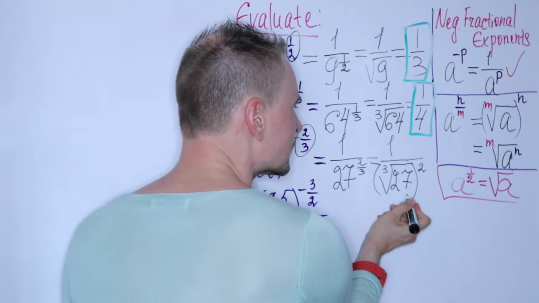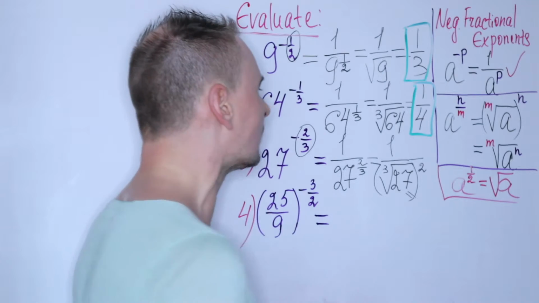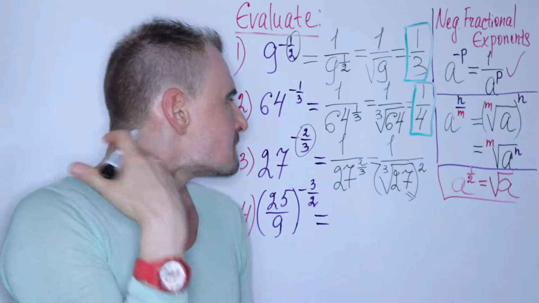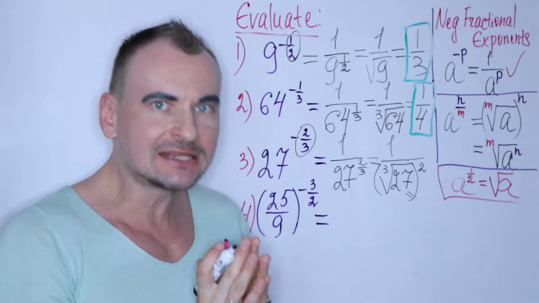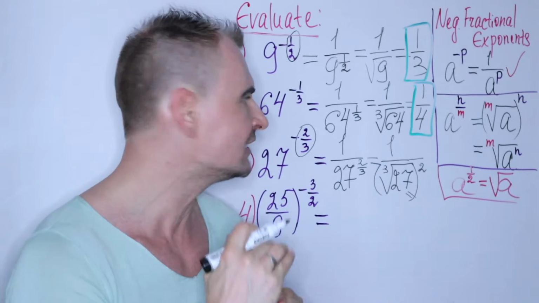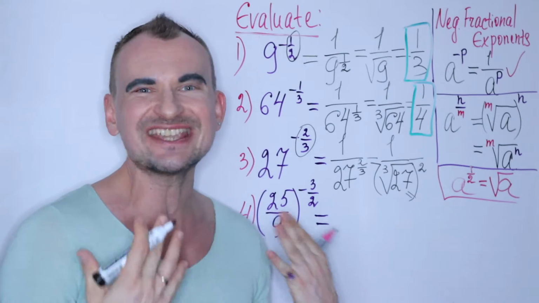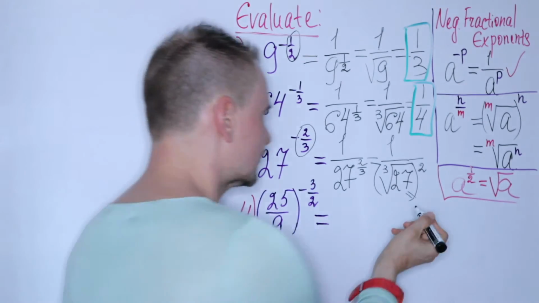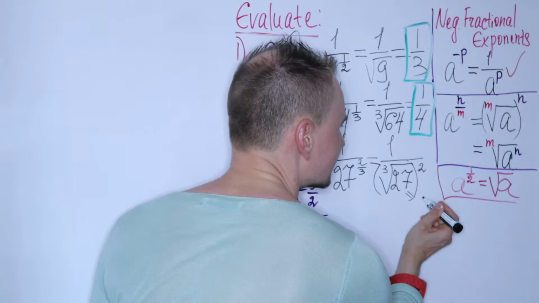So all you need to do first of all, work out the cube root of 27. So just ask yourself, what number do I have to multiply by itself 3 times in order to get this 27, and the answer is 3, since 3 times 3 times 3 gives me 27. So it reduces to 3,